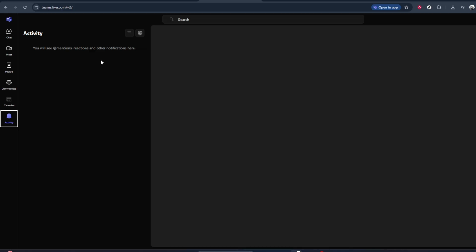If you're catching up after being away, a good habit is to work down your activity list from top to bottom, opening each unread notification and quickly reviewing the conversation. This ensures you don't miss important mentions, replies, or updates. Remember, the Activity tab is your best friend for staying on top of unread messages in Microsoft Teams. Anytime you feel overwhelmed or think you might have missed something,